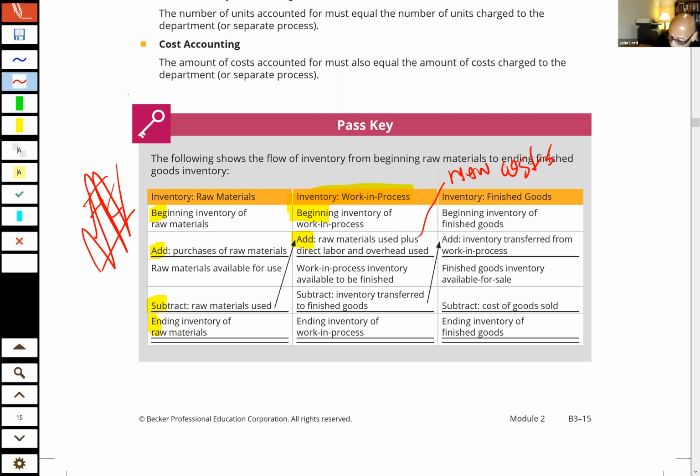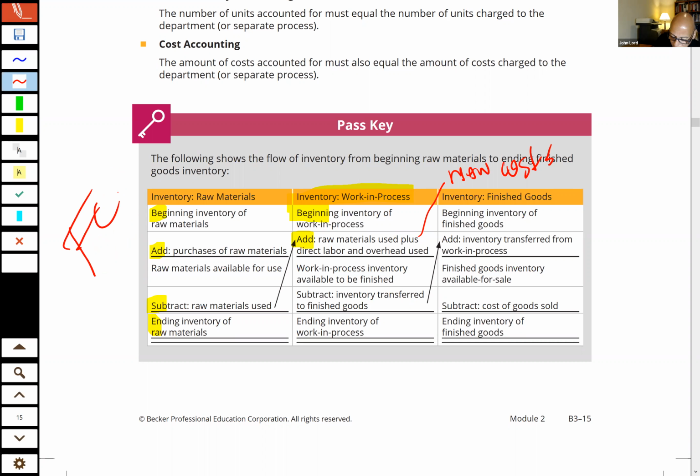The BASE order is what I showed you in those two little examples I gave you for work in process and finished goods. They're coming up with the ending. I don't want to calculate the ending. I want to do it in BASE order. Beginning, add, then what? Then I go ahead and, well, yeah, that's BASE order. Flashcard it. That is BASE order. BASE.